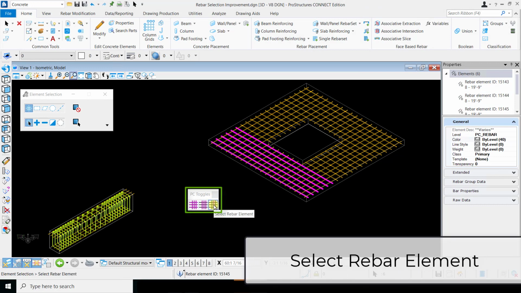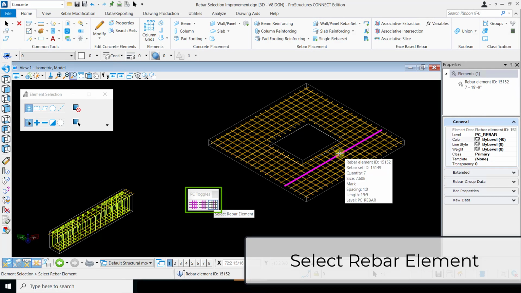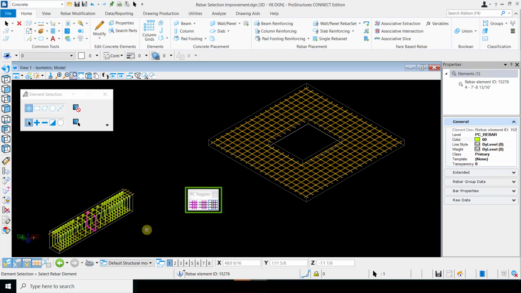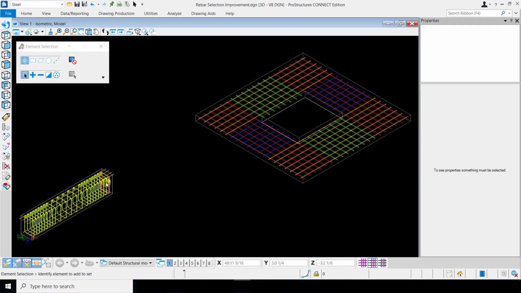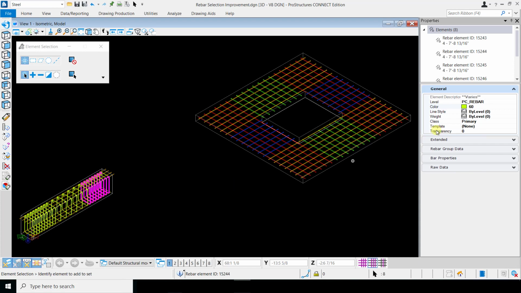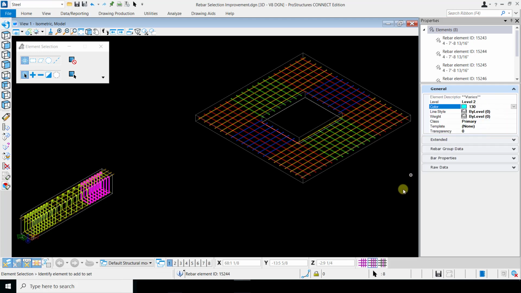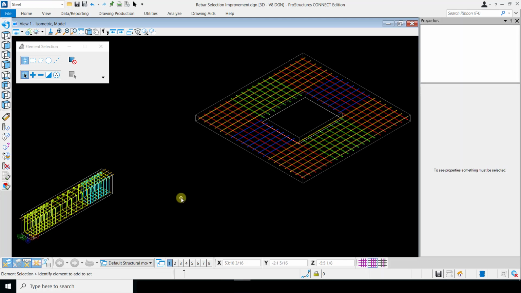Lastly, the Select Rebar Element allows you to select an individual rebar in the assembly to help you manage the information or attribute to the last rebar in each assembly or set. We have many more benefits of this new feature added to the application while also retaining all the previous properties. With the new rebar selection options, you can also assign different attributes to different rebar sets in the same assembly. For instance, you can apply different colors and levels, facilitating better and improved control over the display of rebars by hiding a part of the entire rebar assembly or regenerating the same again.